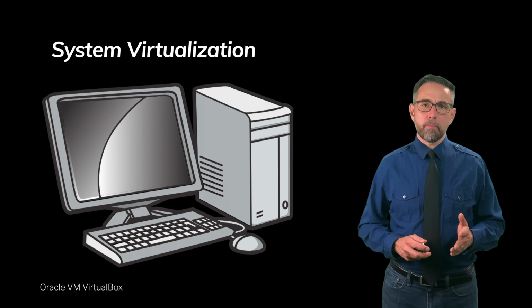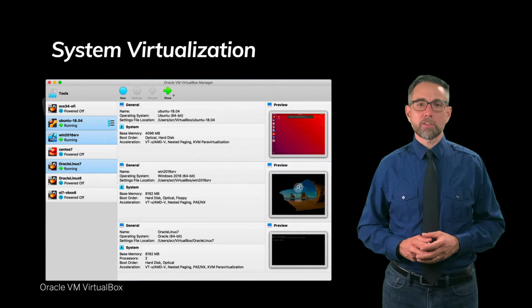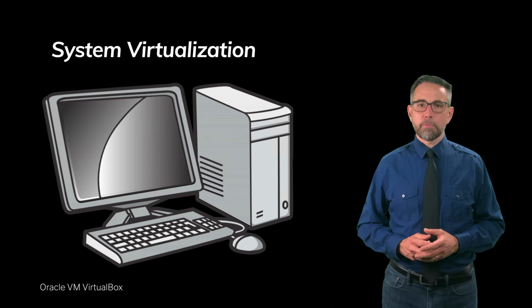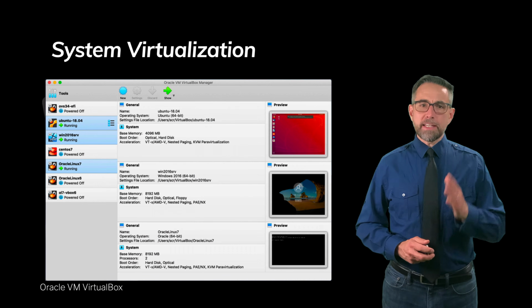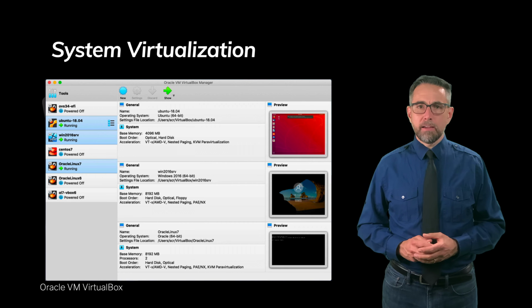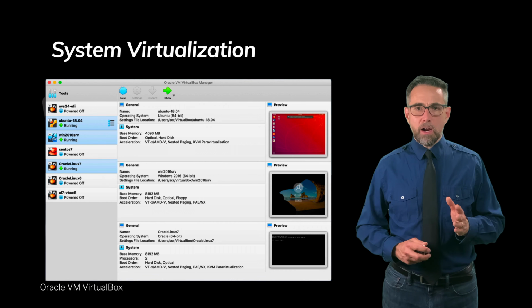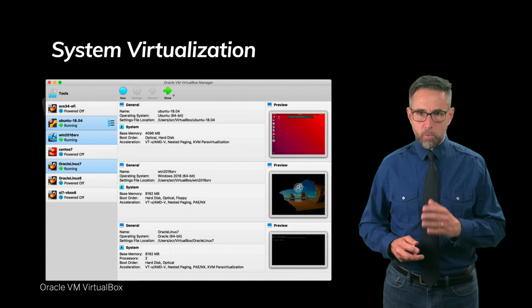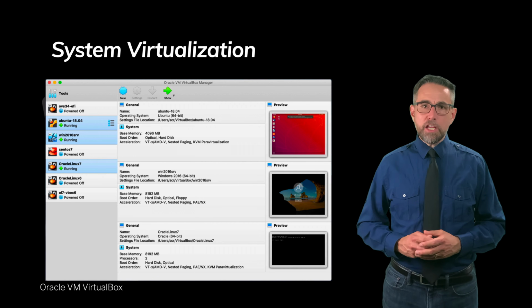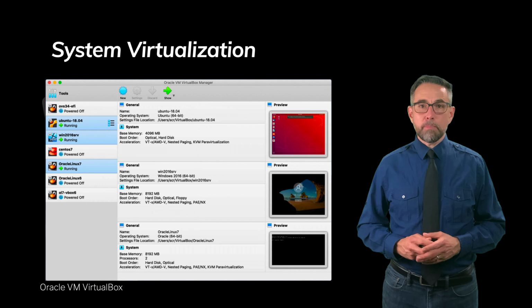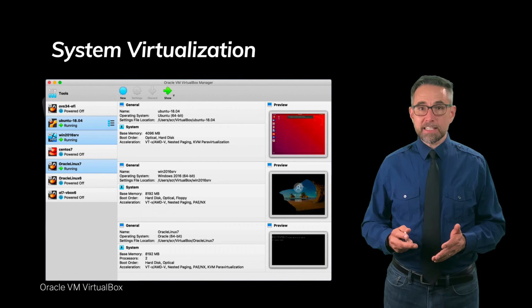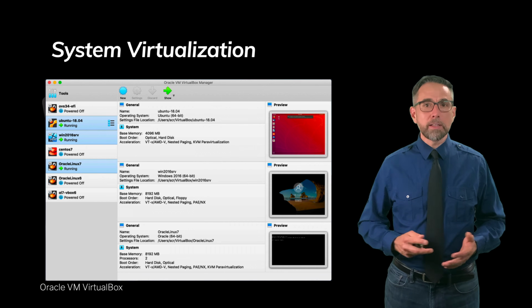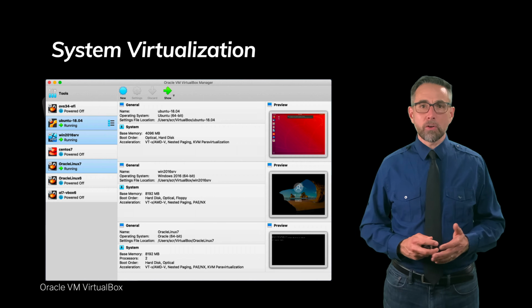So here's what the interface to VirtualBox looks like. We've got several computers down the left side. These are all computers that are running independent instances. You can see snapshots in the red, and then you've got a Windows 10 machine there. Each one of these computers is being simulated. The operating system that's running inside them doesn't realize that it's not running on an actual metal computer.